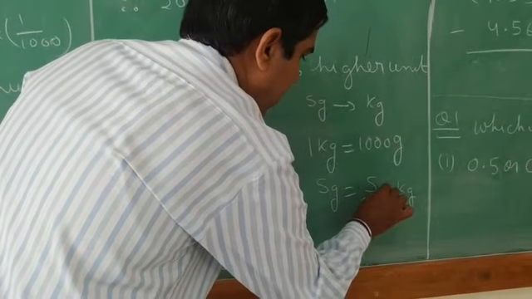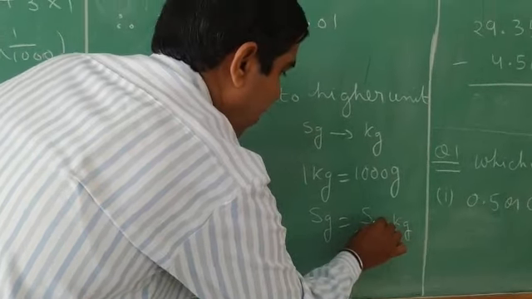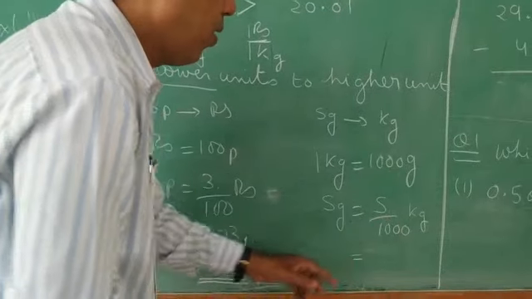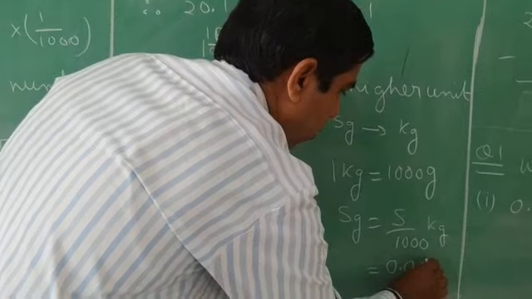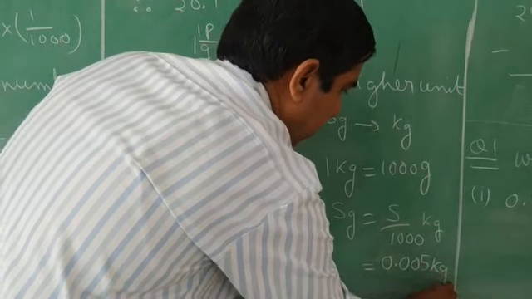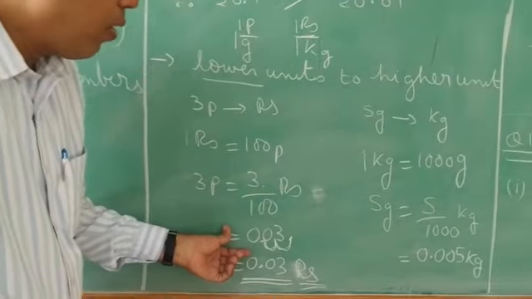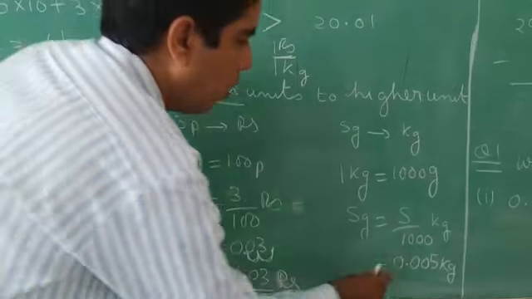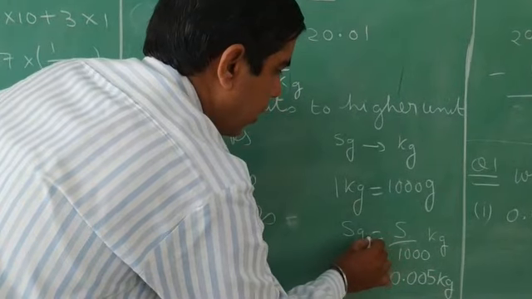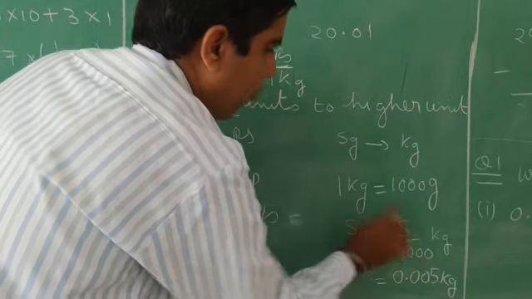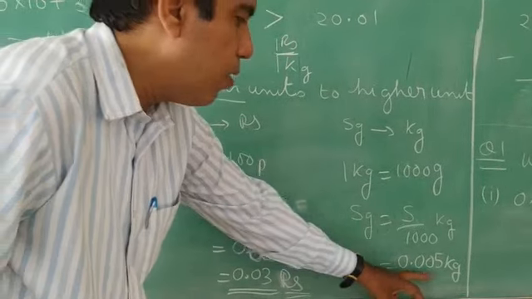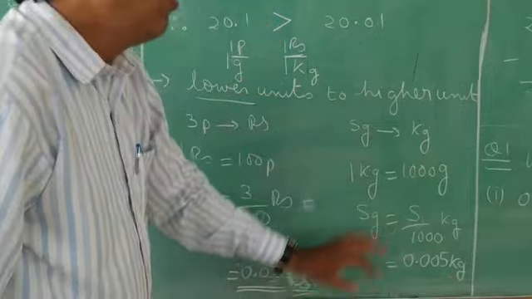And here the decimal will shift again in the same way, 5 digits, so 1 digit here. It comes like 0.005 kg. The same procedure we will do here. How have I done it here? 1, 2, 3, so it will come with 0, 1, 0 here. So 0.005 is the answer. You can see 0.005 kg is the answer.